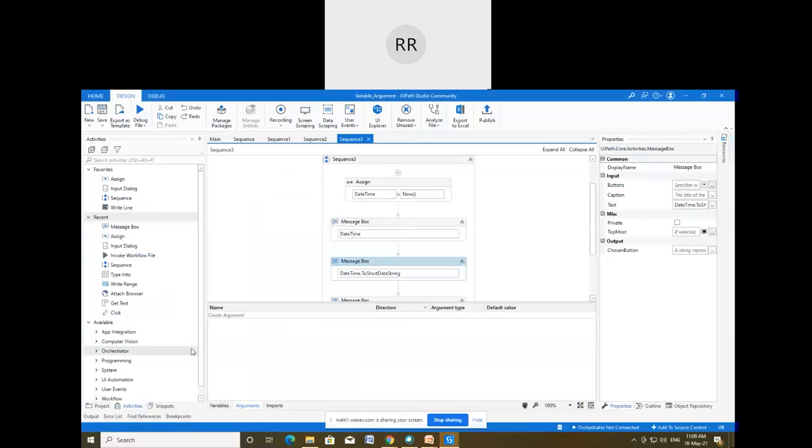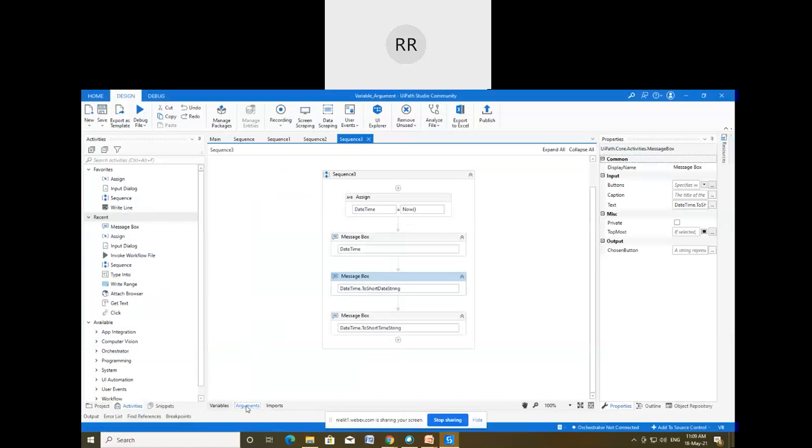So I'm going to explain how to use the example. For that I will create two arguments, one with the in direction and second with the out direction. We'll see that the argument with in direction will not pass the data from one sequence to another, but the argument with the direction out will pass the data from one sequence to another sequence.